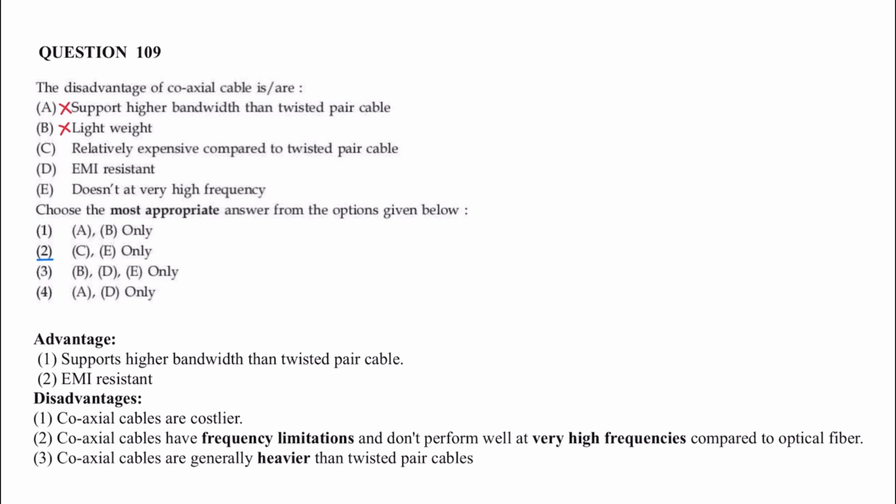Supports higher bandwidth is an advantage, lesser weight is an advantage. Relatively expensive compared to twisted wire cable, so this is a disadvantage. EMI resistance is an advantage. In the question they have asked disadvantages. Relatively expensive compared to twisted pair cable and does not